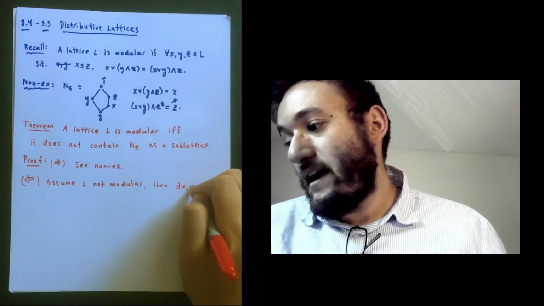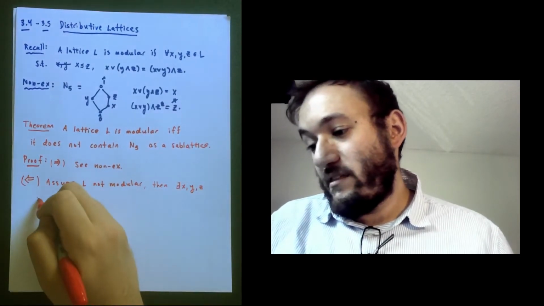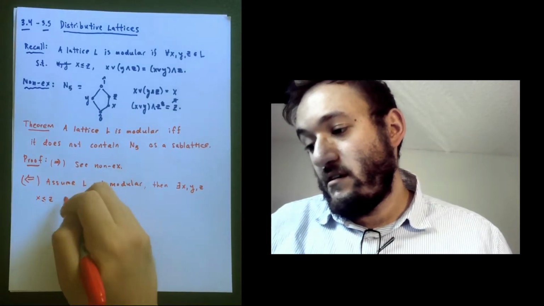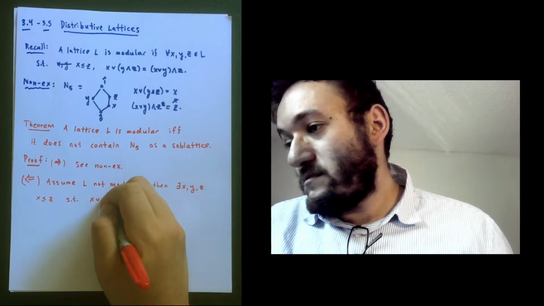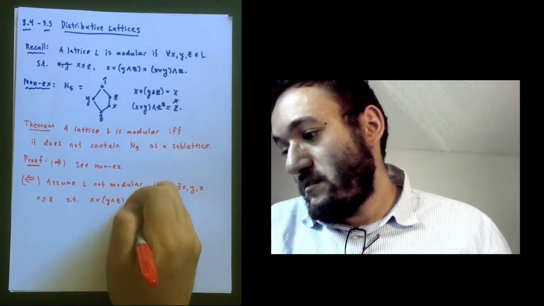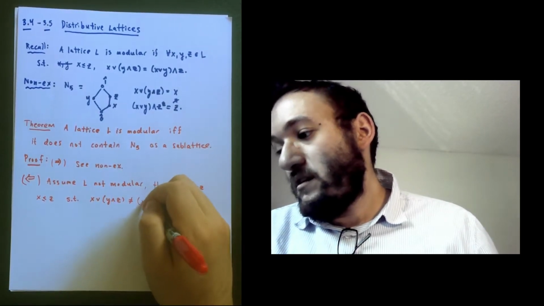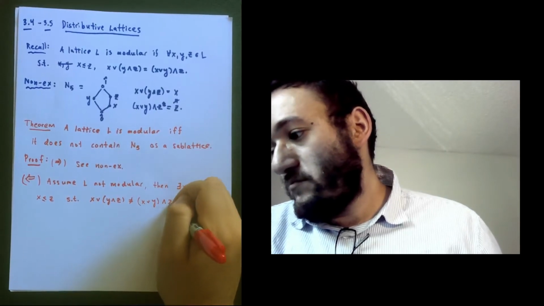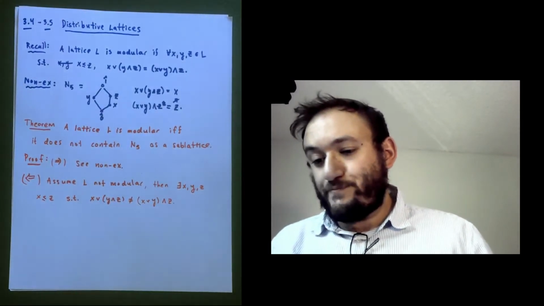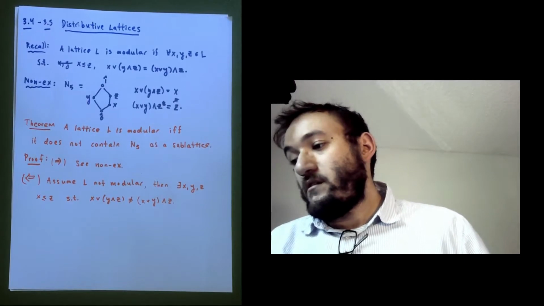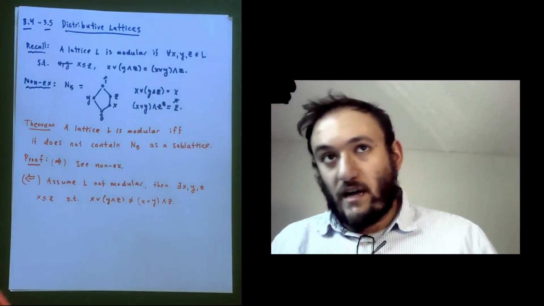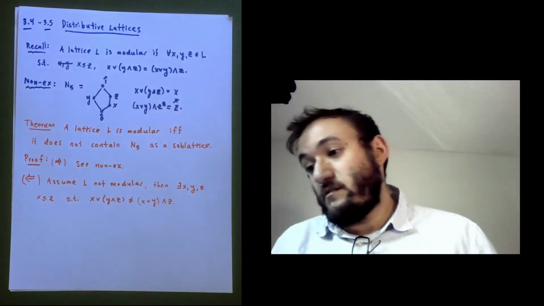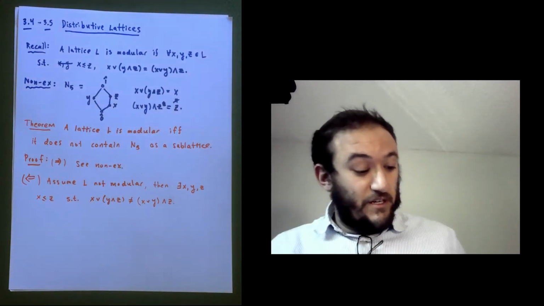There exists x, y, z with x less than or equal to z, such that x join y meet z is not equal to x join y meet z. Okay? So once you specify that, which is just a consequence, it's equivalent to the idea of not being modular,